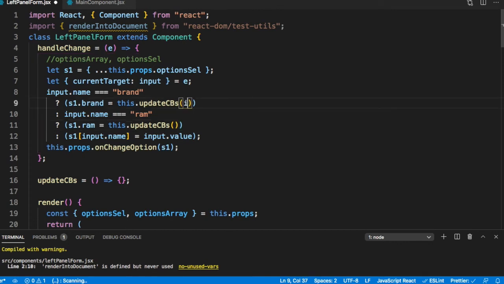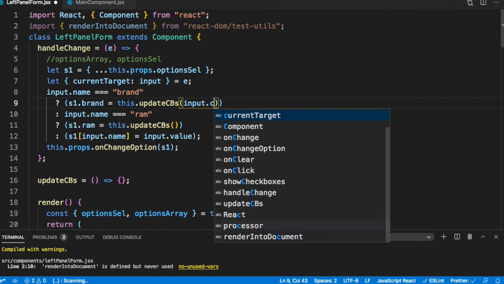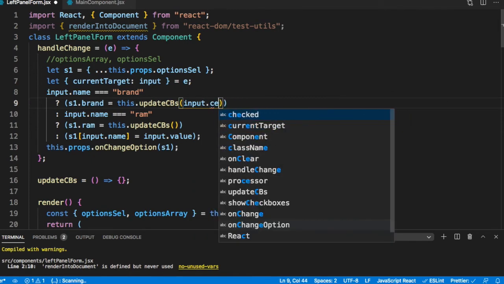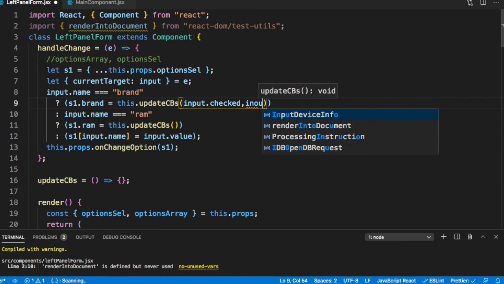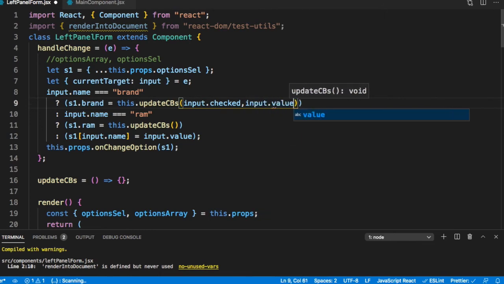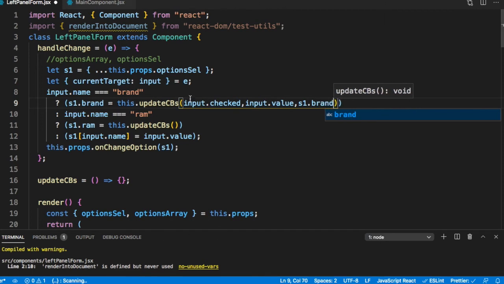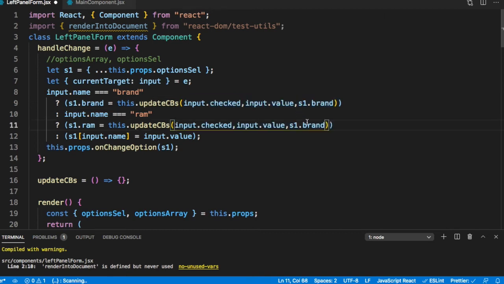We need the input.checked, so whether it is getting checked or unchecked, we need the input.value, and we need the array in which this is going, which will be s1.brand. Same thing in the other case, where it will just be s1.RAM.